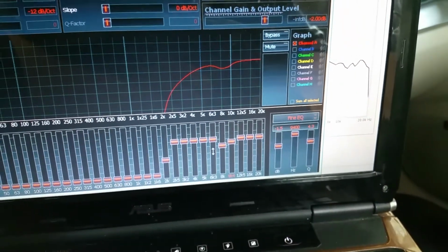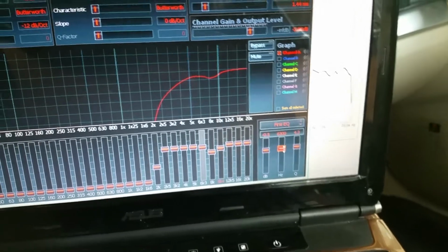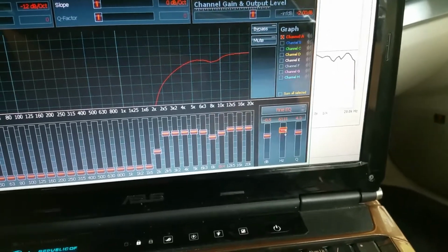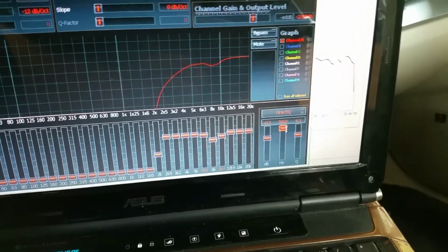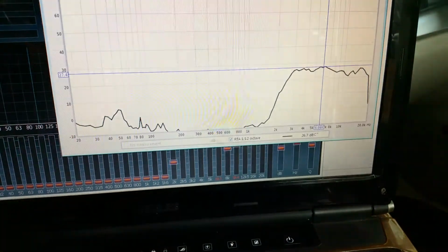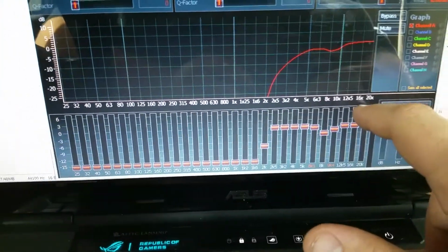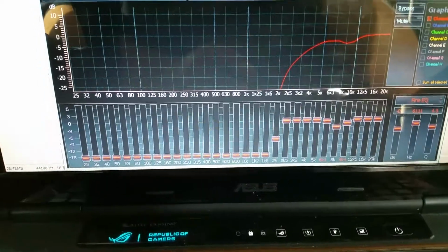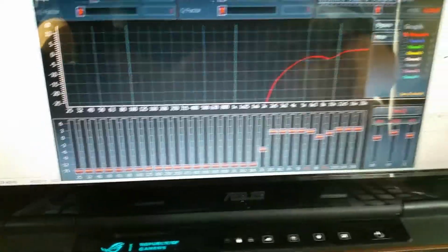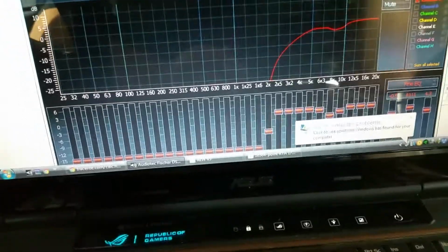And when you guys are messing with the EQ, really try and never boost any frequencies, never raise any of your sliders here. Don't raise them into the positive numbers. That just gets you into clipping a lot sooner. Not that I haven't done it before, and